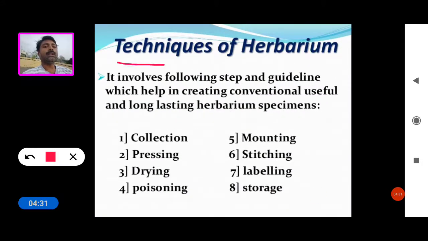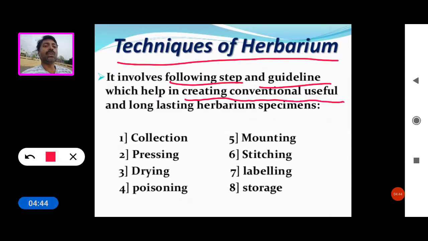Now see the techniques of herbarium. It involves the following steps and guidelines which help in creating conventional, useful, and long-lasting herbarium specimens.